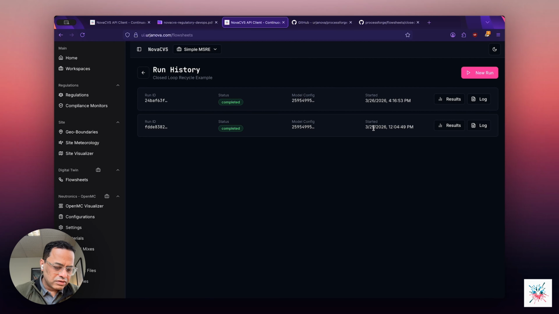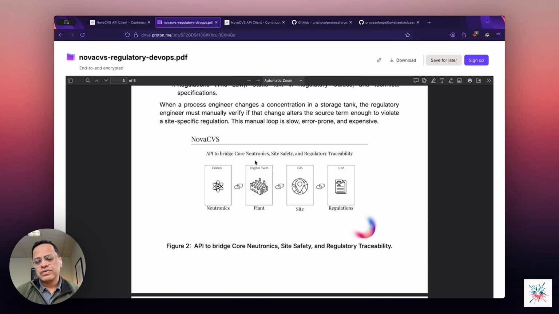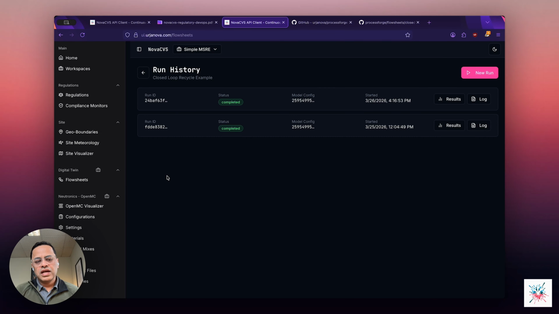Again, the goal of this is to link different silos together, okay? Normally, these are totally independent things, and any safety analysis, any design basis has to navigate all of this up and down. And the point of Nova CVS is to provide a modern interface that links all of this. And because we have the neutronics, the twin, and the site, and of course we'll come to our regulations shortly, we can then develop documentation for some of the use cases. At the moment, we are focused on site safety and development of the site, but you can imagine expanding this to these other, more interesting,